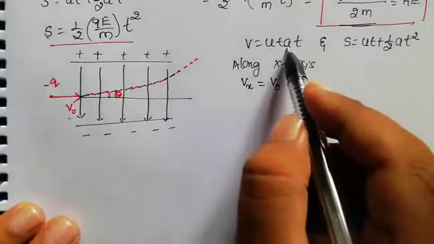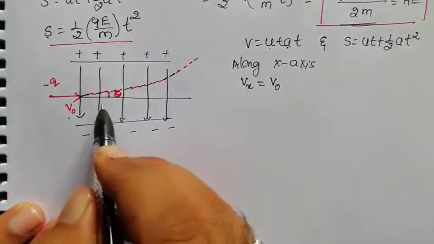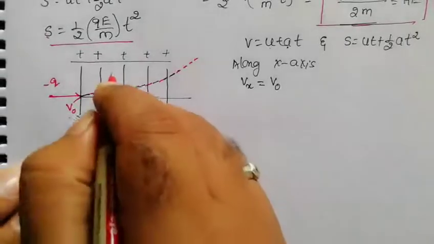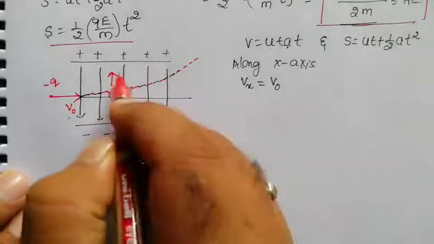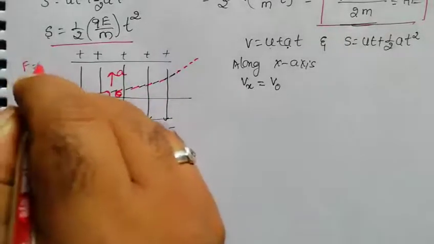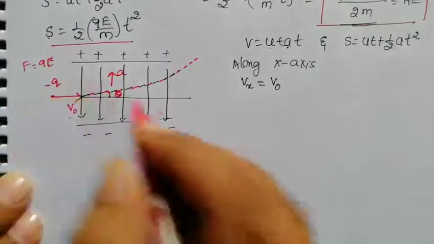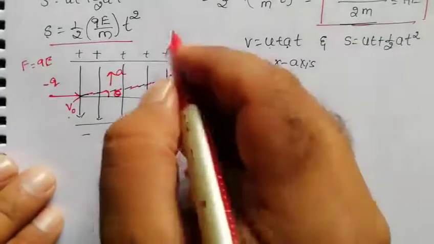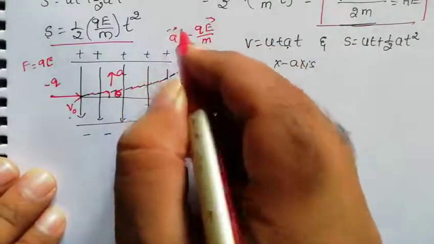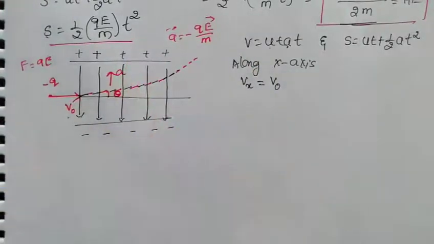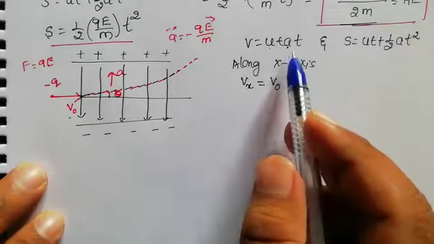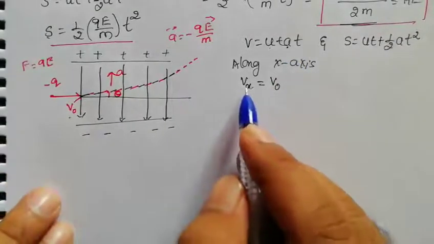And the acceleration is in what direction, children? Here acceleration is in the upward direction. That's the reason the particle is moving upward, because it is a negative particle. The force is qE. What is the acceleration formula we got previously? Acceleration is equal to minus qE by m, so it will be upward. So the acceleration along the x component is 0, and we get vx as v naught.